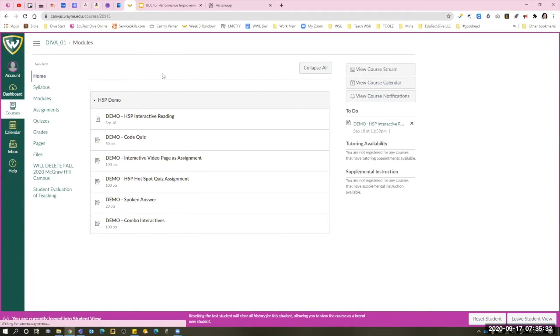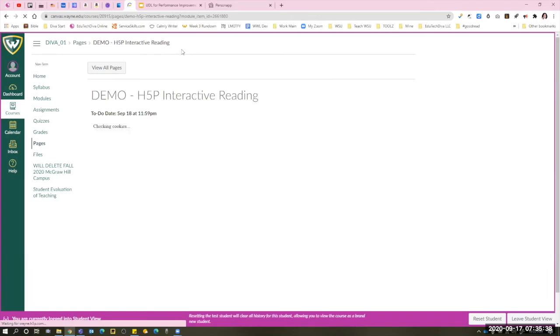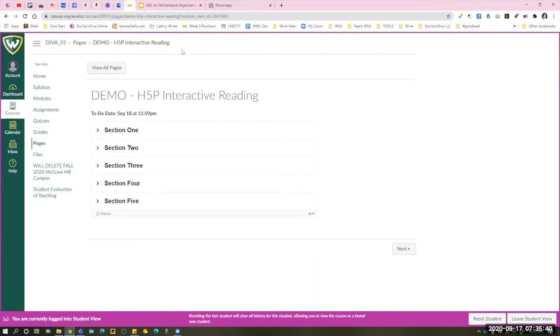One of the simplest things that I have going on in my class is the interactive reading. One of the nice things I like about H5P is that it brings some functionality back to Canvas that many of us who did a lot of coding under the hood on our Canvas pages was able to do with a standard set of CSS pointing to style guides that they had once made available and now have disabled. It kind of brings some of that